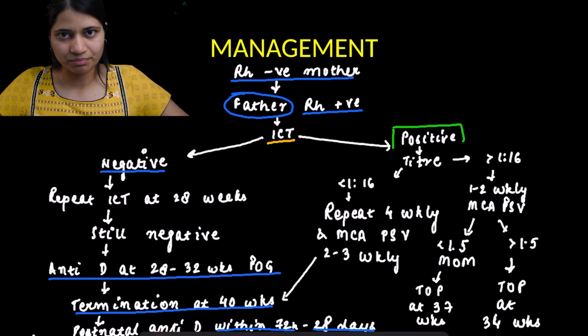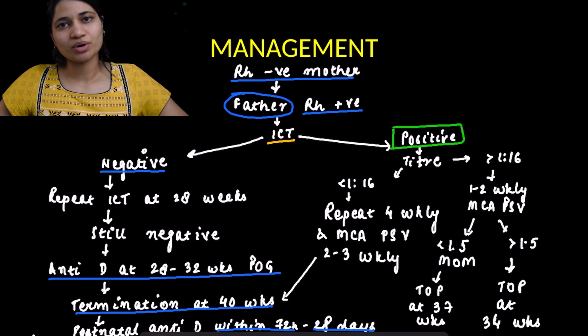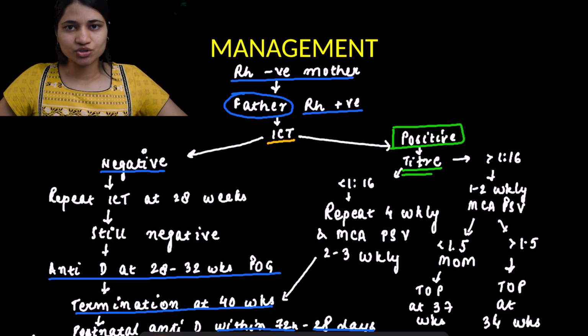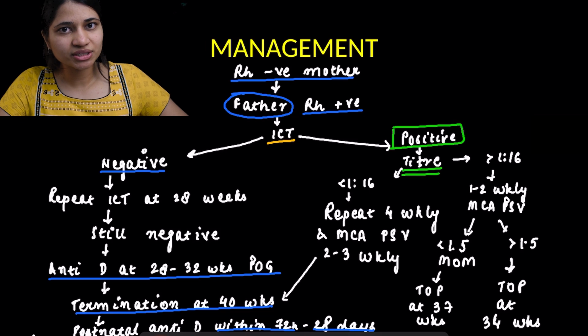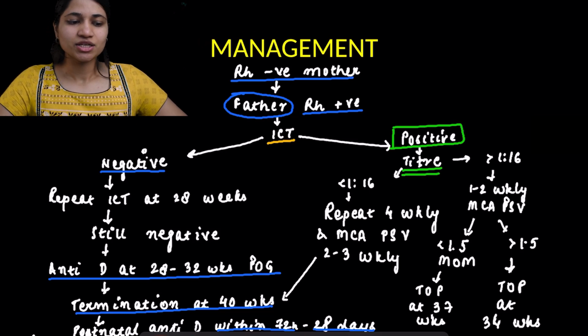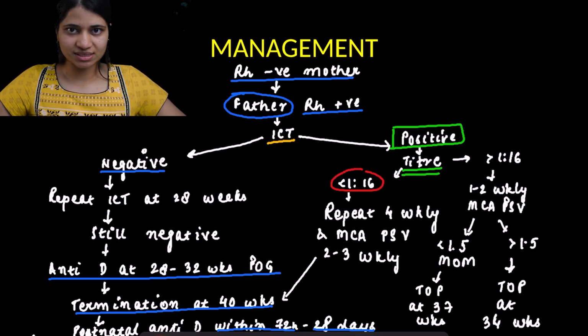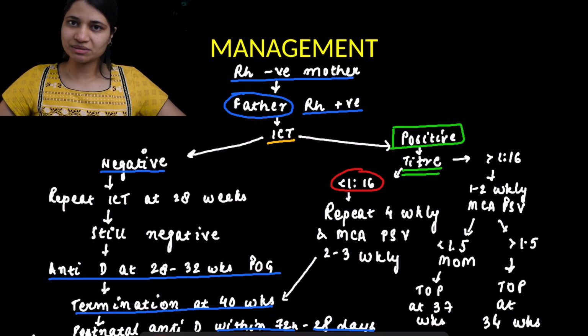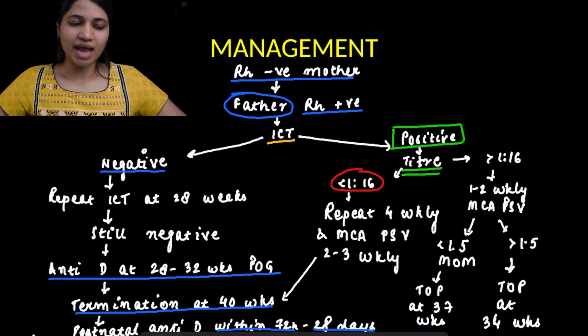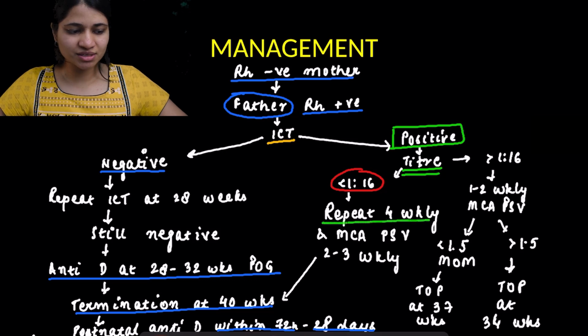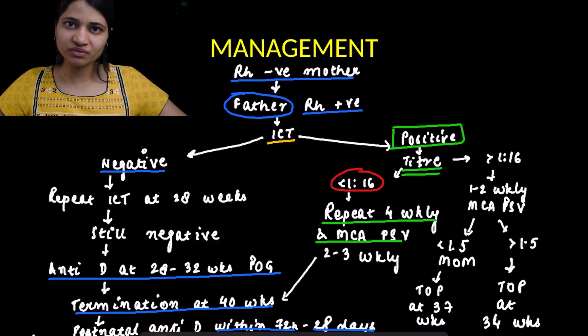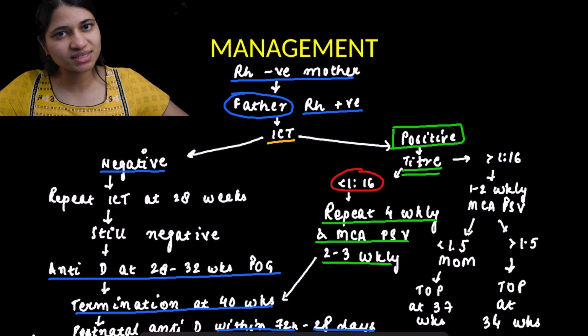What is the next step? Here we need to find out what is the ICT titer. So as we talked about, what is the critical titer? 1:16. So if the titer is below this, that is below 1:16, we can simply repeat it 4 weekly and do middle cerebral artery peak systolic velocity assessment 2 to 3 weekly and let the pregnancy go on as usual